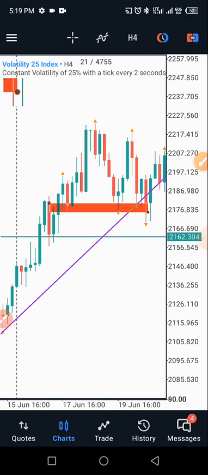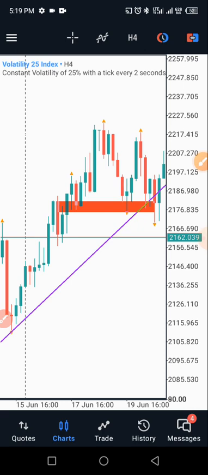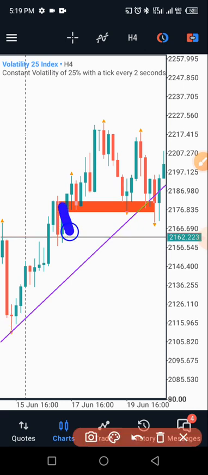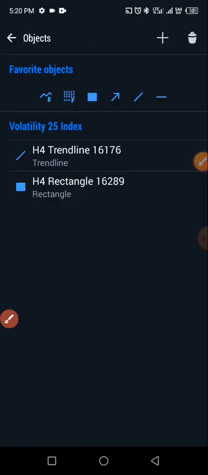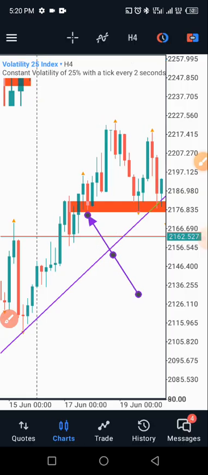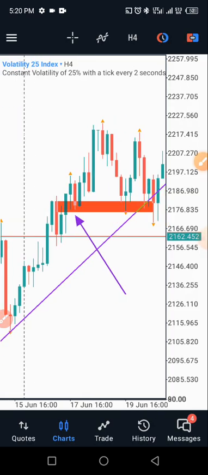Okay, so if you look closely, you will notice that price actually turned from this particular direction down, and then later price broke out of it, tested it and went up. Okay, so this is like our key support and resistance level in the market. So this level is like our key support, so this is like the resistance here, and market broke out of